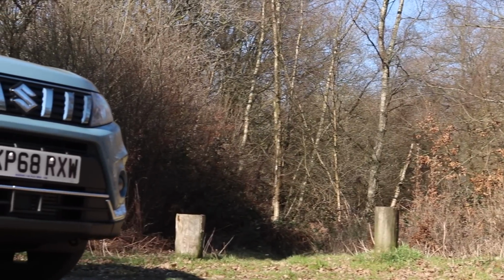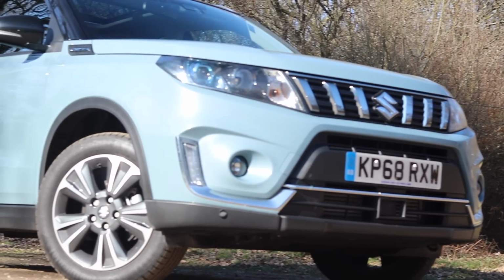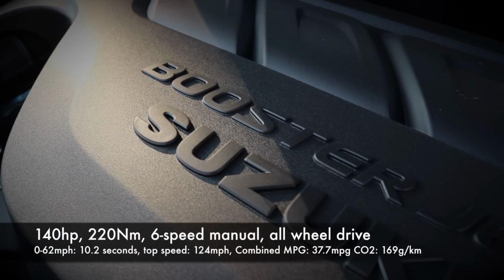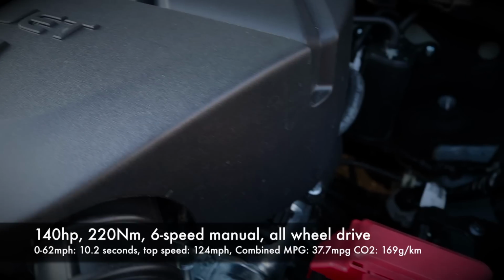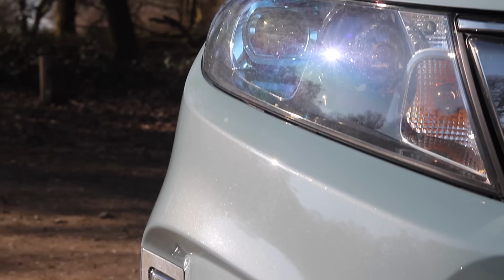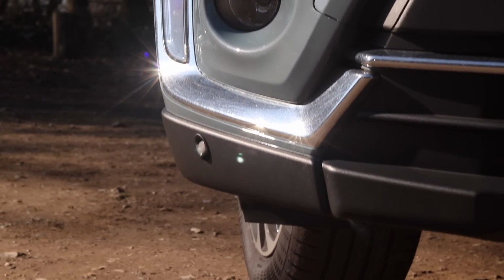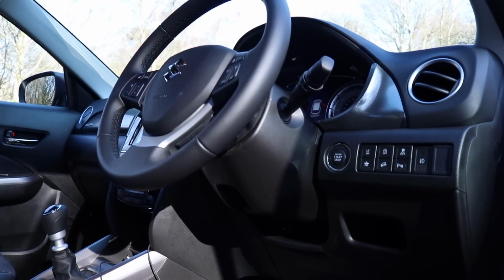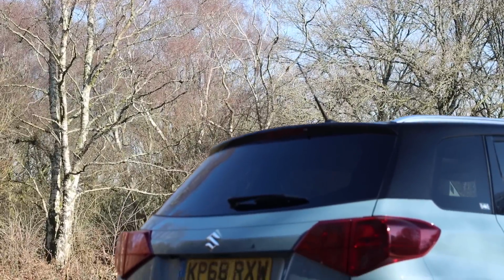This particular car is the range-topping SZ5 model, which starts from £22,499, but because I've got the 1.4 litre engine and the ALLGRIP system, it starts from £24,299, but I've also got the optional ice greyish blue paintwork. Therefore, the car in this video is a grand total of £25,099. As standard, you get features such as panoramic roof, navigation, 7-inch touchscreen, LED headlights, leather and suede seats, a